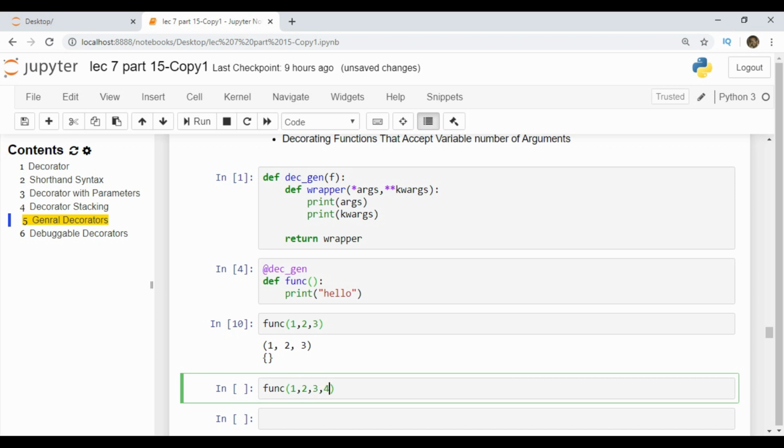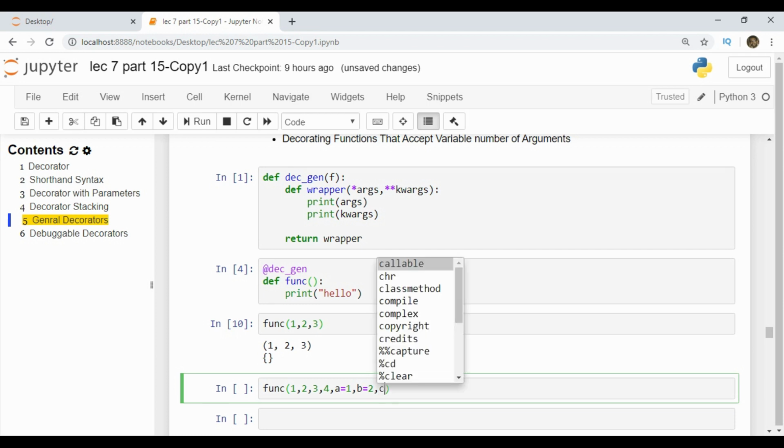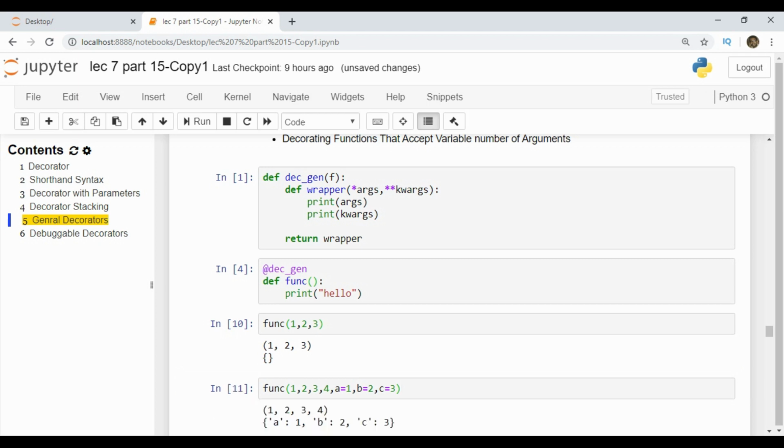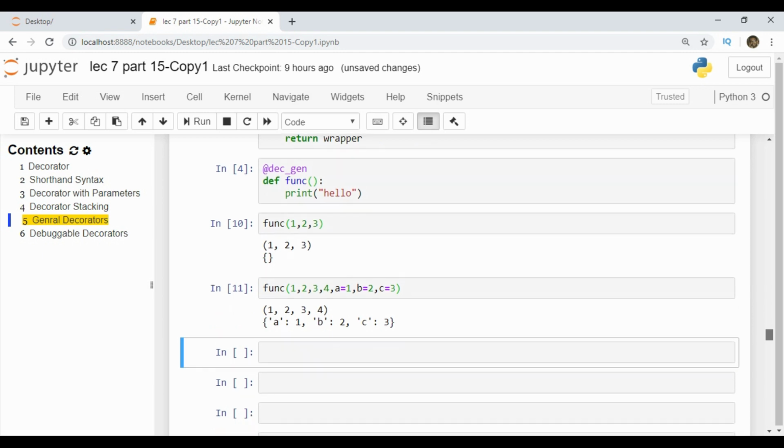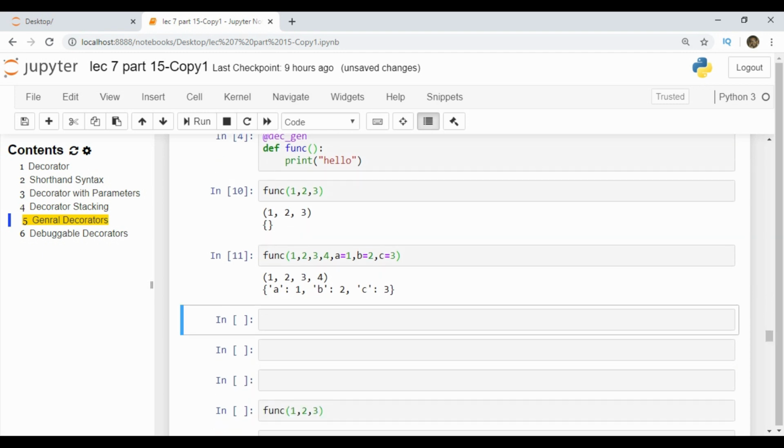Positional arguments 1, 2, 3, 4, keyword arguments a=1, b=2, c=3. Click on the cell, run the cell. You can see the output. It has 4 positional arguments and 3 keyword arguments, key value argument pairs.